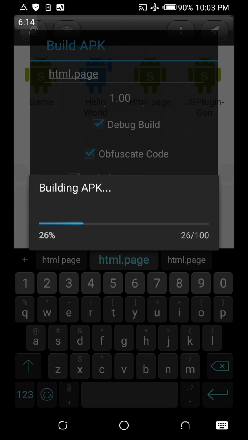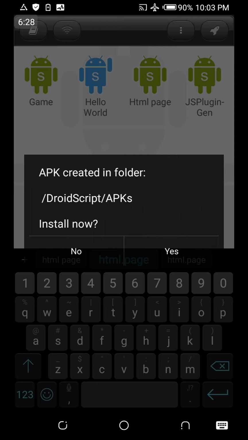I hope you guys can hear me. Okay, as I'm building the apk, wait for it to load. Okay, it's almost done. It's really fast. After it loads, then we can click